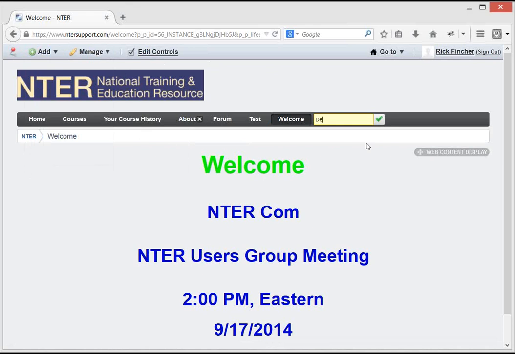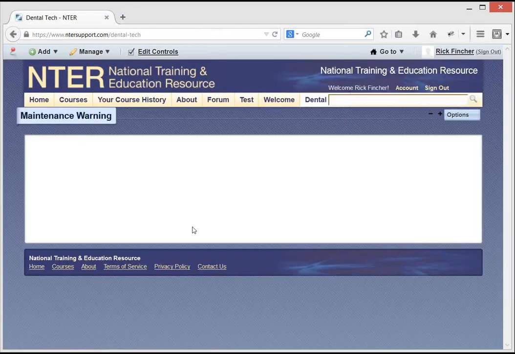So notice it pops up on the menu bar here. If I can type, finally get it. I'll click this green check bar. Now it's added dental tech to the menu bar that the users see up here. So we can go to this new page by clicking on that, and we've got